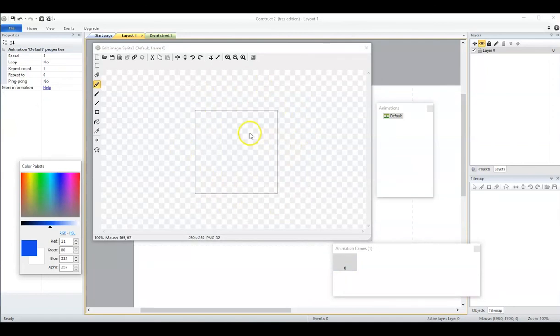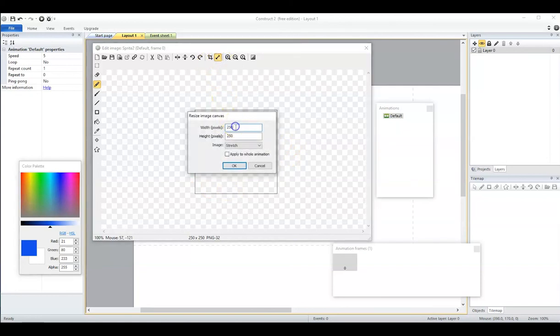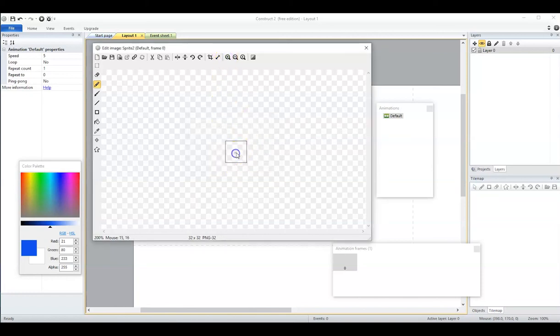So in here I'm going to select the width and height of the canvas. So I'll be working with a 32 by 32 canvas, and I'll be using the brush. You may choose your size. You may use the pencil as well. I'll be using a brush with a size of 10 pixels, and